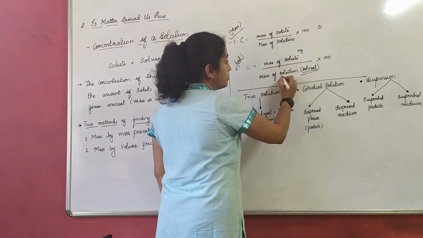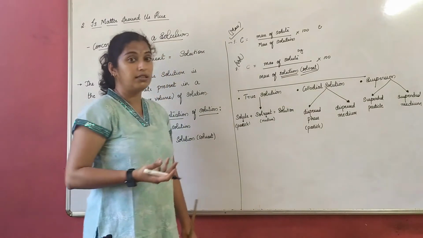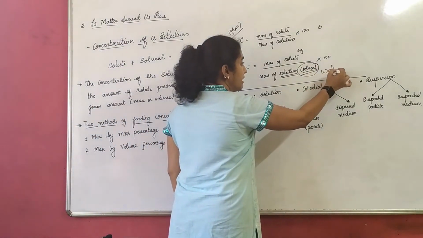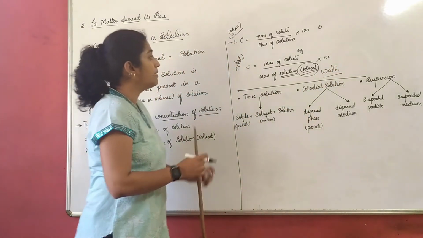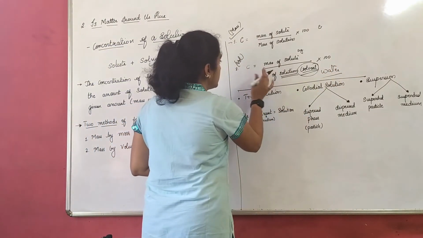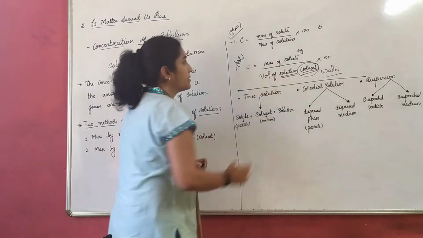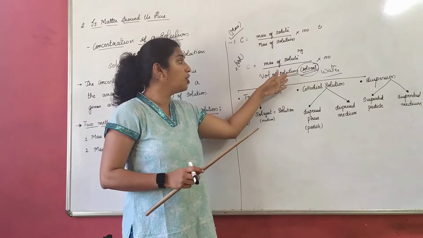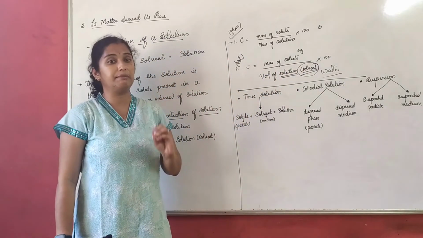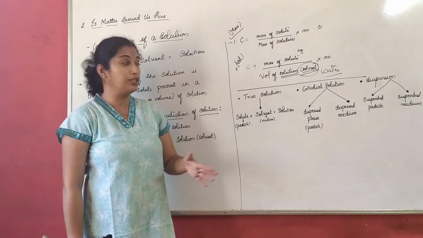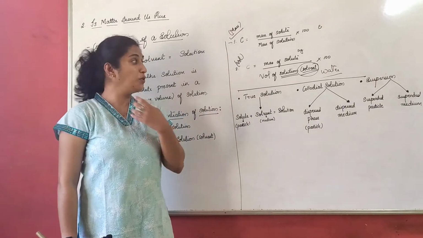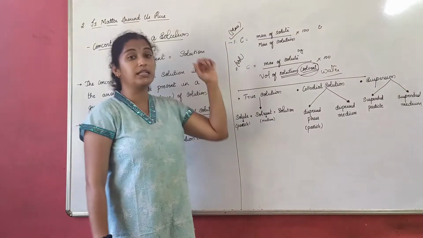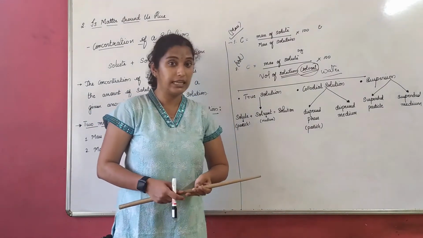That is why, assume that this is sugar here. I have taken solute and this will now become a sugar solution, right? What is the solvent here? Solvent is water. That means the mass of the, I'm so sorry, this is not mass, this is volume. Yeah, I made a mistake. Volume of the solvent or volume of the solute will remain the same. That will not change. So these two formulas, as I told you, you will only remember. We'll solve that later.